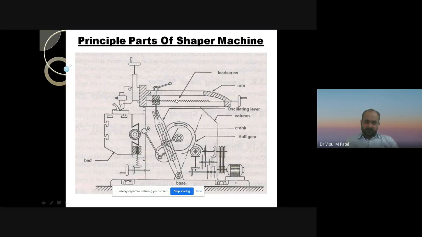The lead screw is also used in the shaper machine, and this one is a ram. This is a different mechanism that we are using in this. We can say that it is a crank type mechanism or quick return mechanism. This one is a bed, and the workpiece is over here, it is stationary. In the forward stroke, it is like that. With the use of the forward stroke, we can easily remove some metal or material from the workpiece with the single point cutting tool, with the reciprocation of the ram.